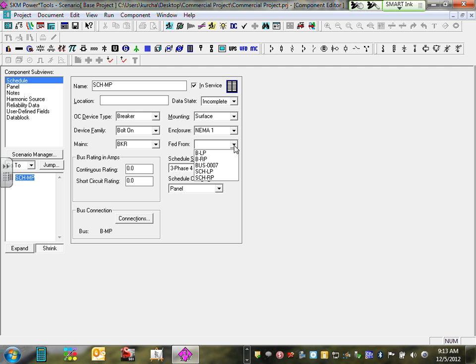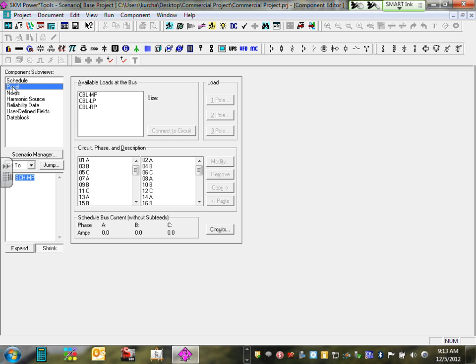Fed from, this particular one was fed from where? It gives you the option. What's bus 007? Does it give you the option RPLP, RPLP? These are the only options. So, okay, leave it, because this is coming from the auto transfer switch. That's not giving you an option. Okay, so leave this one as is, go to the panel. All right, now,